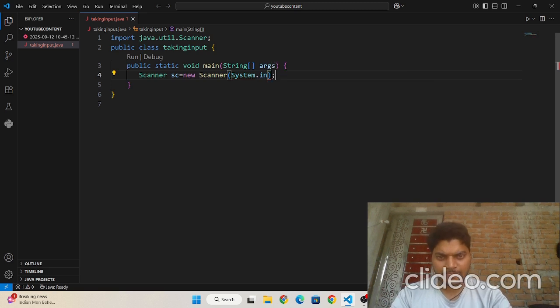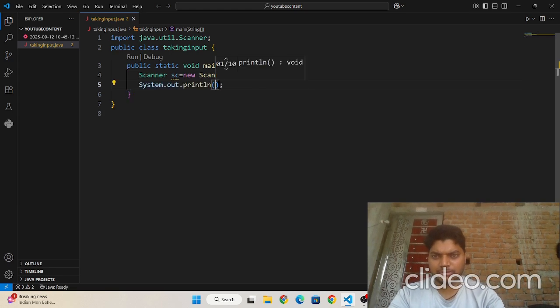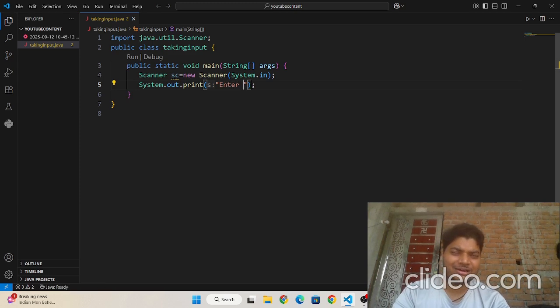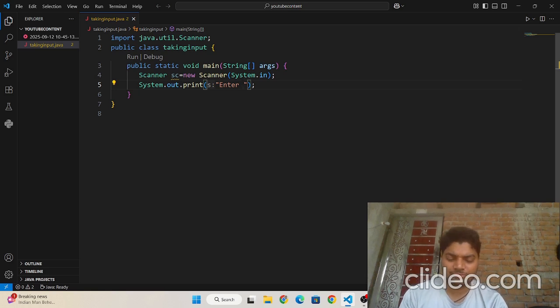Now I need to write sout. I am taking the first string. I'm taking a reference like students. What is the student name, what is the student roll number, it is an integer.